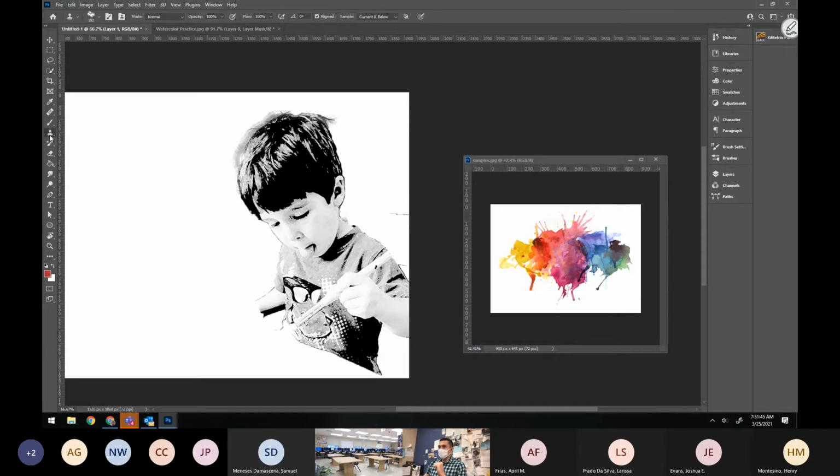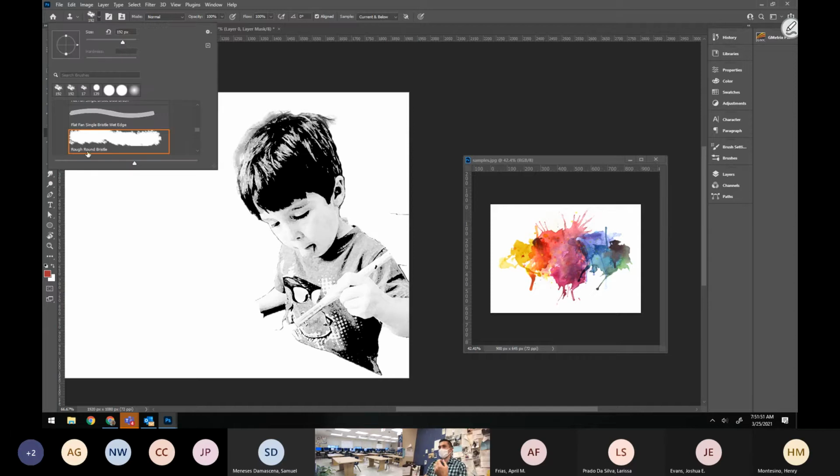Not too hard. We've used the clone stamp tool before. Before you start with the clone stamp tool, though, I would recommend experimenting a little bit with some of the brushes that are available. My personal preference, you have some default brushes. I don't think that any of them are especially good. You have your default general brushes. Those are okay, but most of the other specialty brushes that come in Photoshop by default,